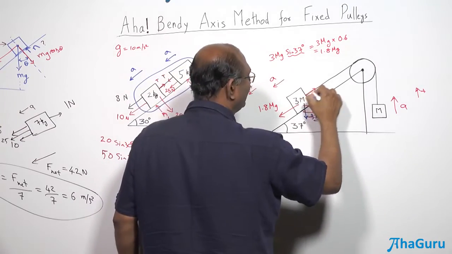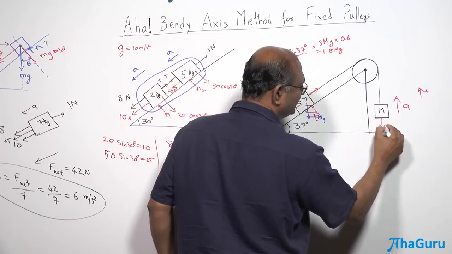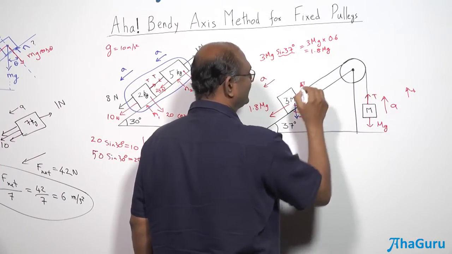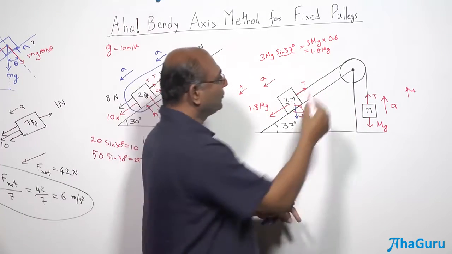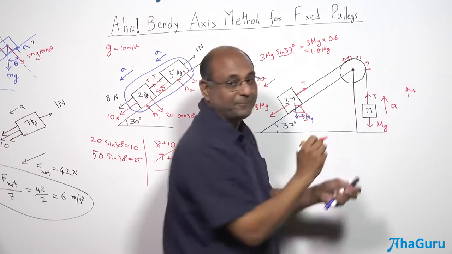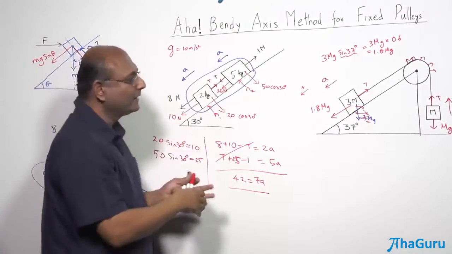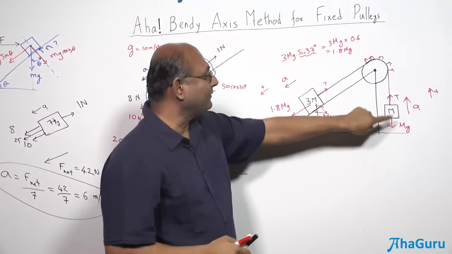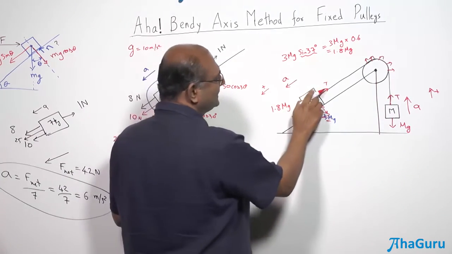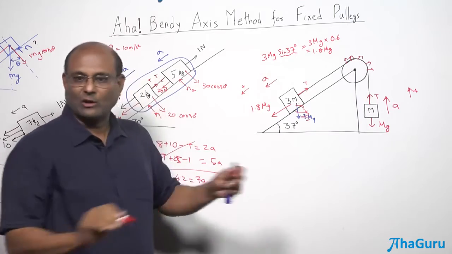So if you take this, T is in the negative direction. If you take this fellow, this mg is in the negative direction. There T is in the positive direction. And all these forces that the rope exerts, or the pulley exerts on the rope, they are all perpendicular, and you know that perpendicular forces don't matter. Perpendicular forces didn't affect it here. These perpendicular forces will not affect it for this bendy axis. Okay, so given that, this T is in the negative direction, that T is in the positive direction, they'll cancel. So we don't count internal forces.